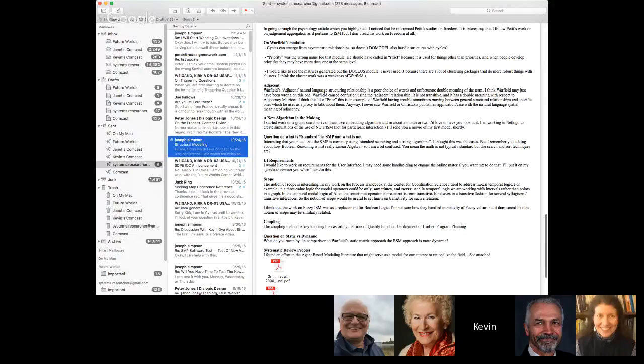Yeah. Okay, I'm going to go through the other pieces. Warfield's use of the word adjacent is very problematic, and I think it's part of his confusion between talking about structures in general, specific structures, and relationships. He uses the word adjacent in a spatial way, but then it has an overlap with adjacency matrix and things like that. And I just think anytime you see that word adjacent in Warfield's writings, you've got to be aware of that. Yes.